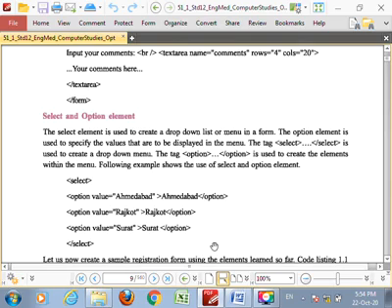It means if you want to display huge or large data in a small space, at that time you use the select, because when you click on the drop-down, at that time the list is displayed. Otherwise it displays in a simple single line.